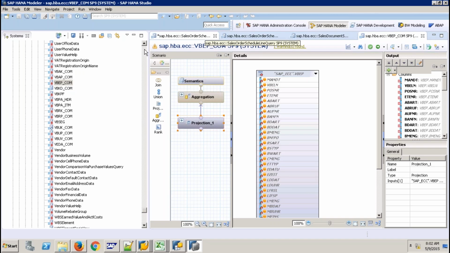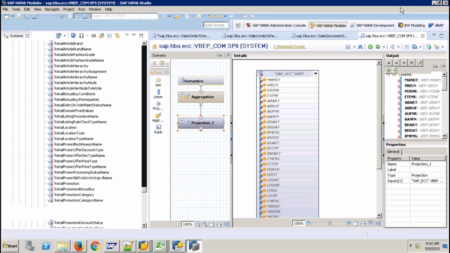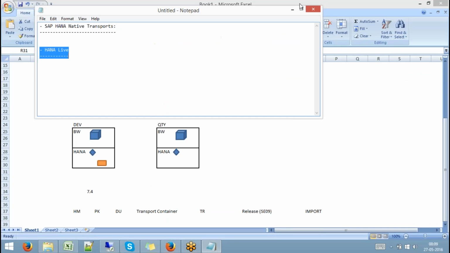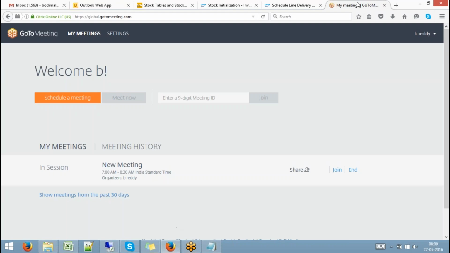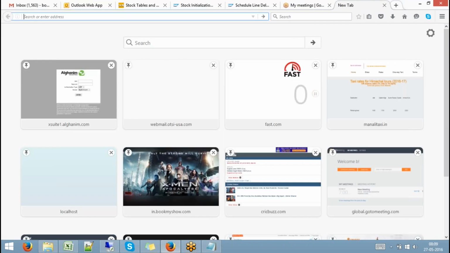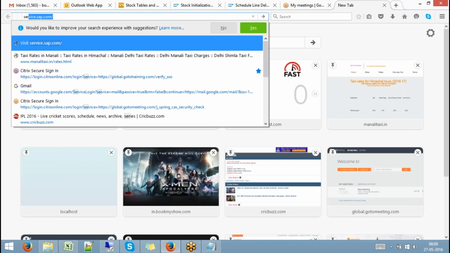And we have HANA Live directly for ECC, CRM. I can show you. If you go to Service Marketplace,